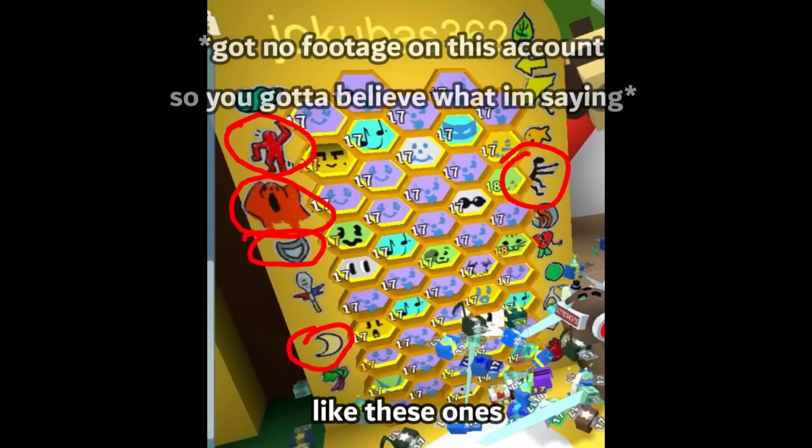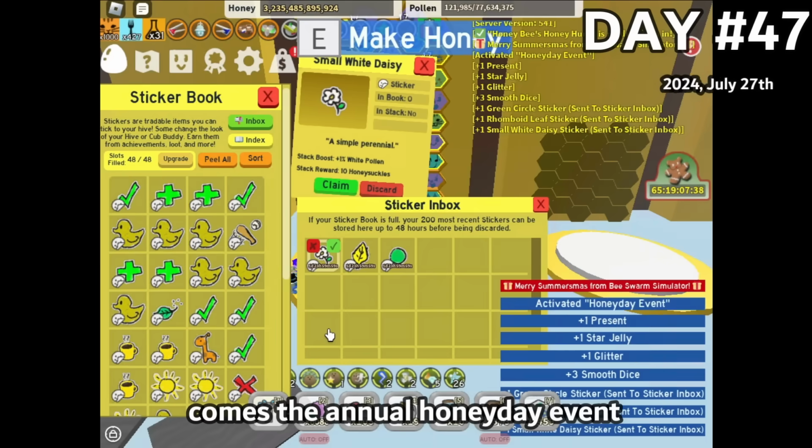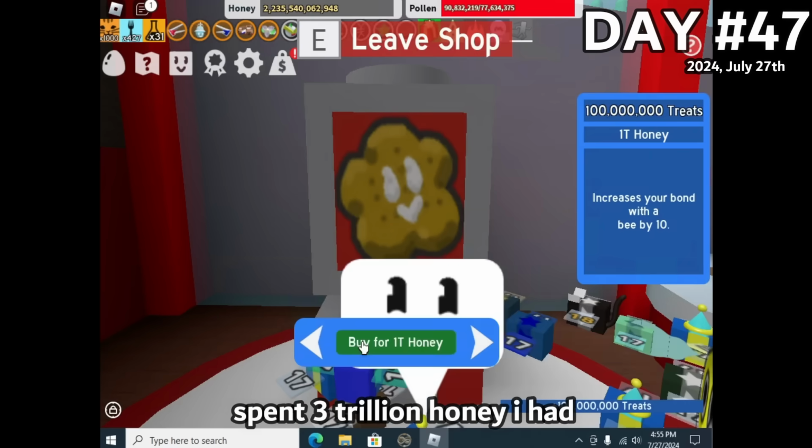But a disaster struck. I forgot to trade back the stickers and lost some that I fairly earned on this account, like these ones, so I'll be back to square one with my sticker collection. Oh well. With every Beesmas comes the annual Honey Day event, so I joined the game, spent 3 trillion honey